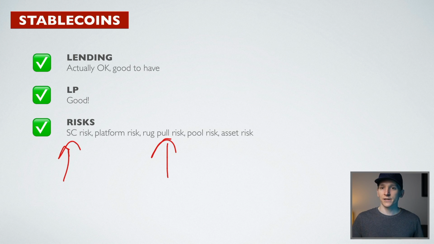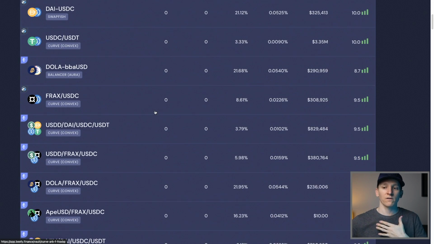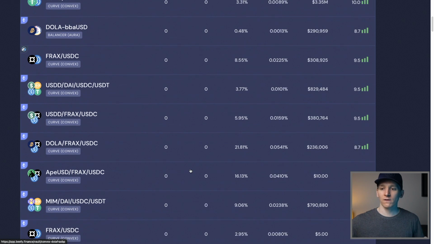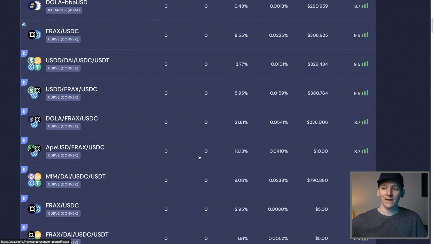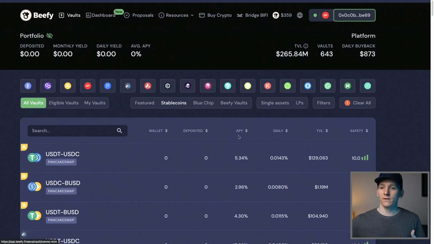Rug pulls from the exchange. If you're not using one of the top exchanges, the rug pull risk is pretty high in my opinion. You also have pool and asset risk. Like, there are stablecoins here that I would never touch with a barge pole because stablecoins often lose their peg. They're backed up with rubbish assets that shouldn't be backing a stablecoin. There are so many risks here and there are so many assets you think, what even is that? And so massive risks here, right? Just because something calls itself a stablecoin doesn't mean it's stable. And so there are massive risks.